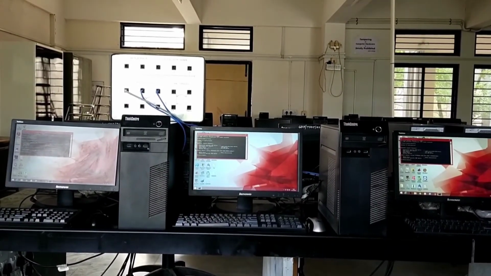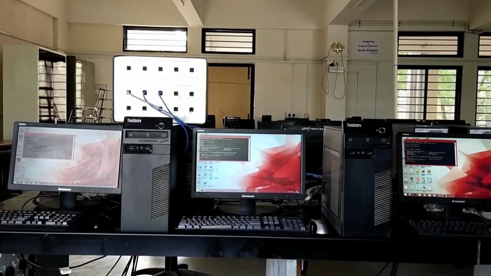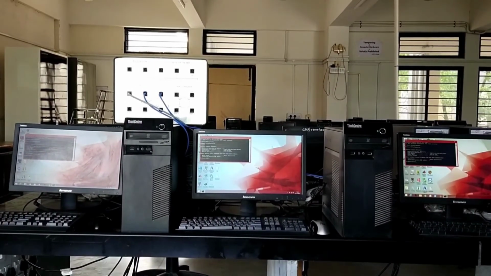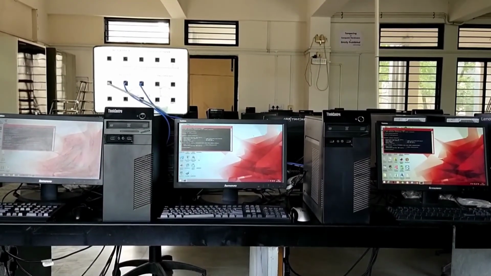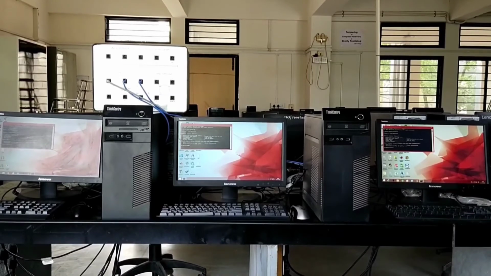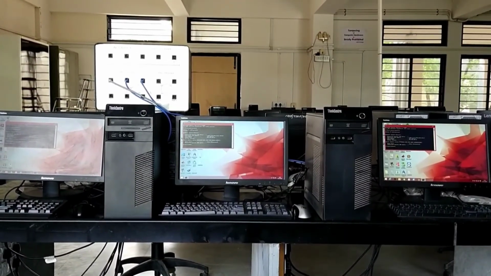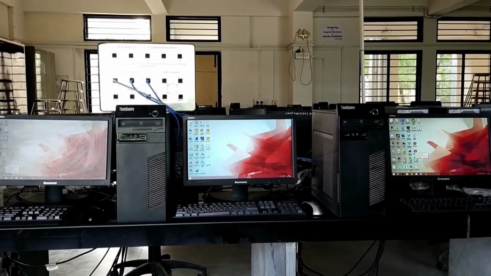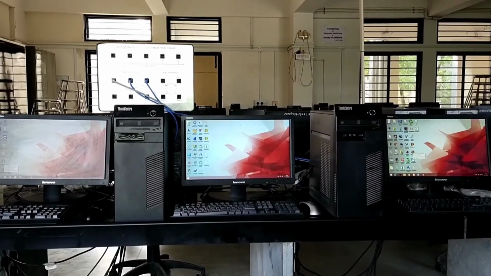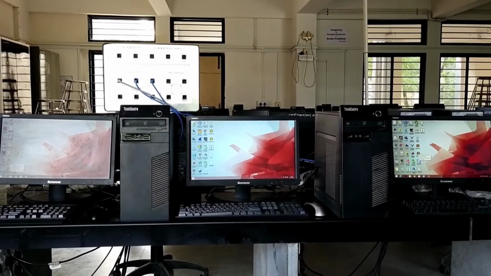The next task is to install and execute LSIM software, server on one machine, clients on 2 machines. The central machine is configured as a server and left and right machines are configured as client. For the ease of setup, I have already installed server and client software on respective machines. Let us start with the client part.